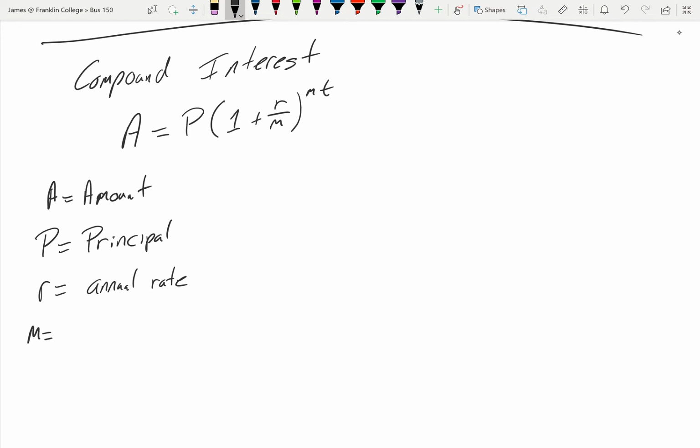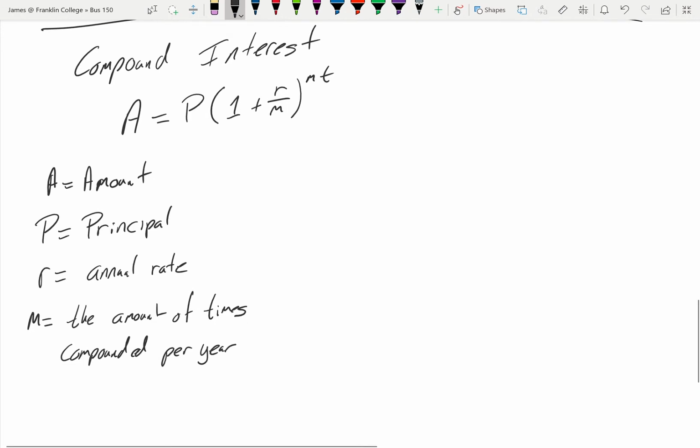And M equals the amount of times compounded per year. So if we hear that our account is going to be compounded monthly, then we know that